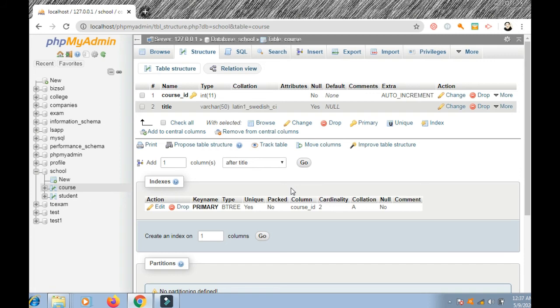So what to do is, we have to create another table. Whenever you see many-to-many relationship, there is a third table. In the third table, we have the primary key of one table and the primary key of the other table. So if there are two tables, then join them: take the primary key of one table, take the primary key of the second table and put them in the third table.